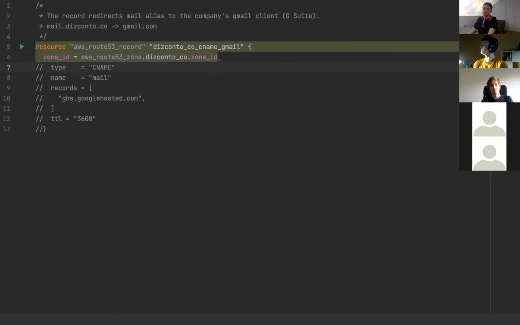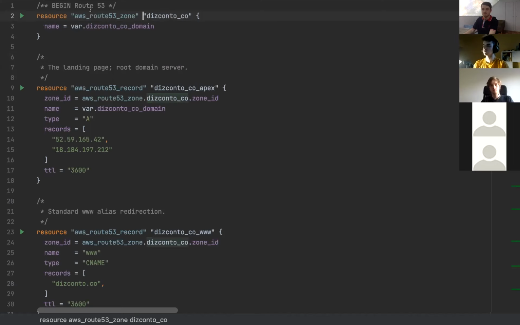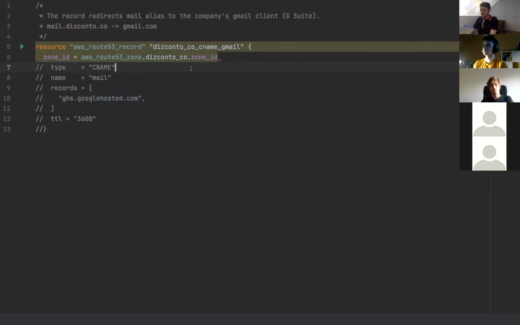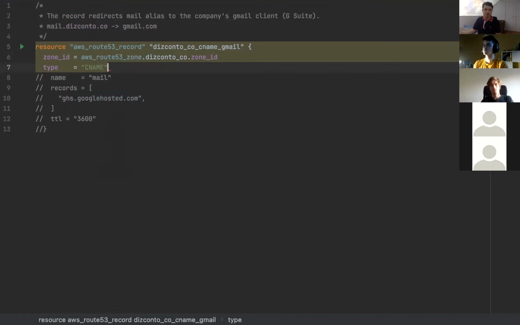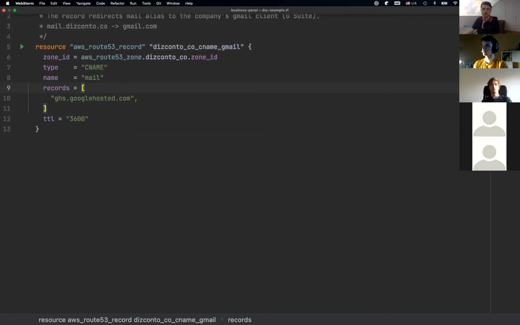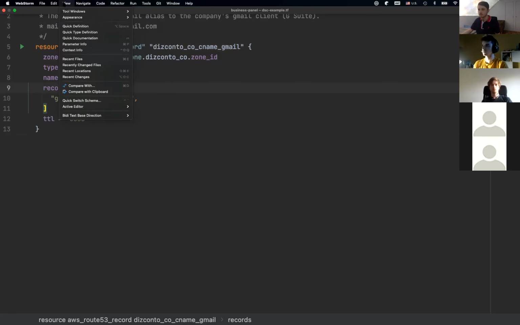I will define the zone ID, which is basically what domain, what DNS configuration I want to use, which was defined in another file. The type of the record is CNAME. I'm not going to talk about different records, but it's about DNS. The name is mail, so we want to have mail as a subdomain, with records leading to Google, and time to live, and that's it basically. That's all I need. It will create a DNS record, push it to AWS, and do every single point of configuration by itself. So as an example,